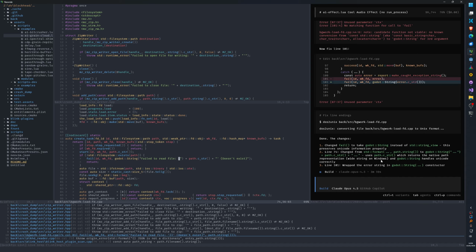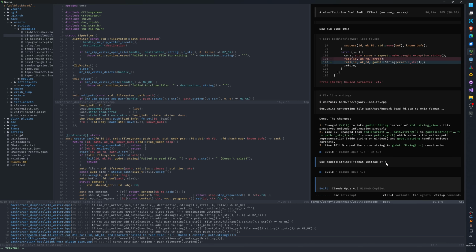This returns the native path representation. Godot string handles Unicode correctly. Use Godot string format instead of plus.